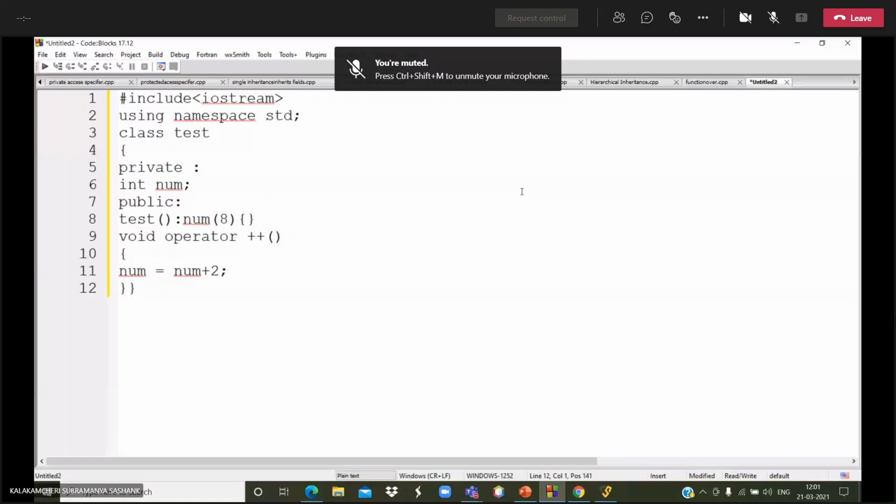Then going to the main function. In the main function, I am creating the object with the help of the class name. Then I am overloading.